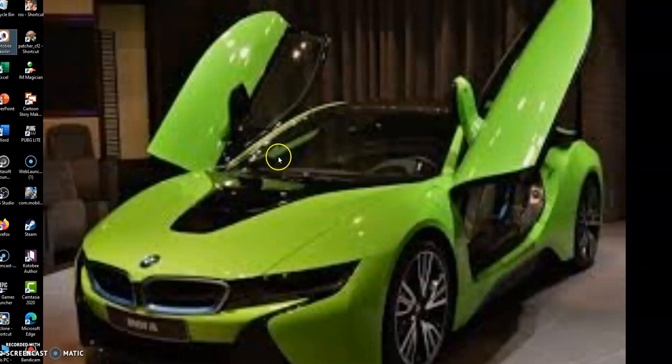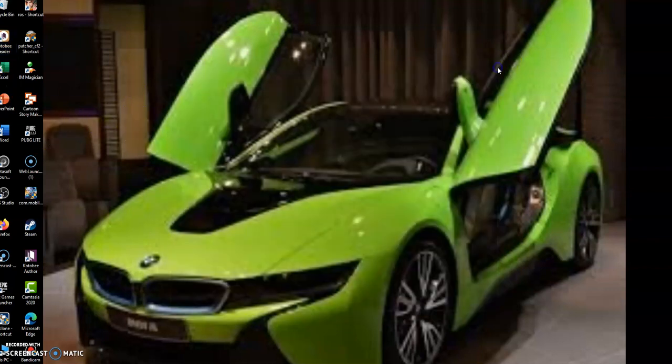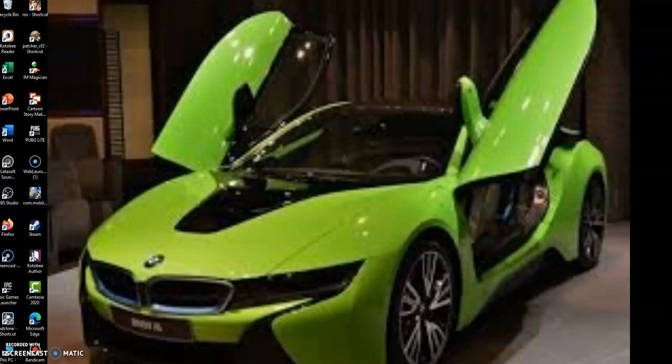Today I am going to teach you how to use this keep up file that I am going to send to you about the Science 7 self-learning module quarter 1. So all you have to do, for Windows and even for those who are using their mobile phone, is download KOTOBEE Reader. Okay, in KOTOBEE Reader, after you download, you just open it,